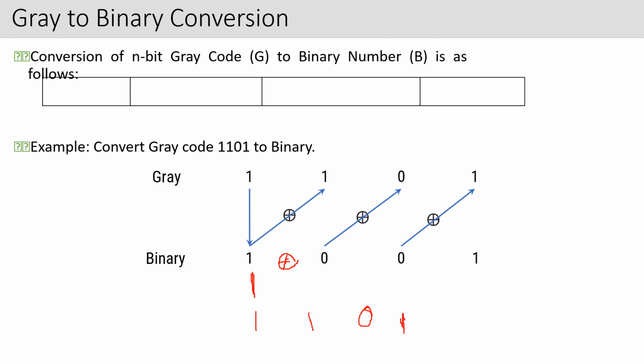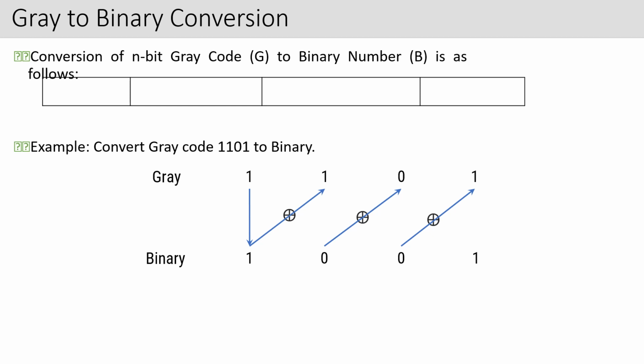So have you seen this binary number 1001? If you want to write it in gray, how will you write? You will write it as 1 1 0 1. So it is correct, because this is the gray code for the binary 1001. Okay, so this is the way you need to proceed. This is the way to do in the examination. Simple is this. Here you will have to perform the exclusive OR operation.